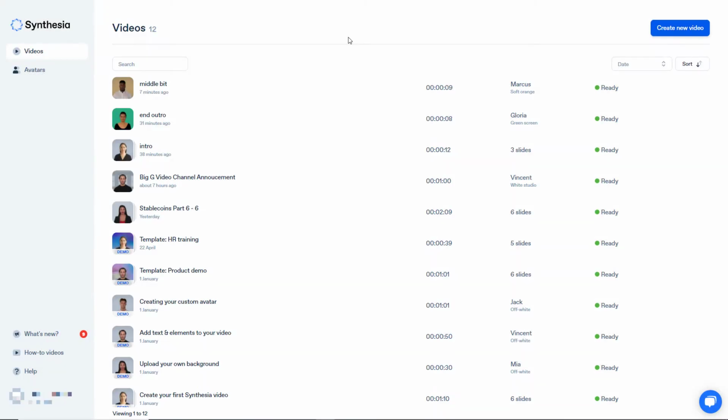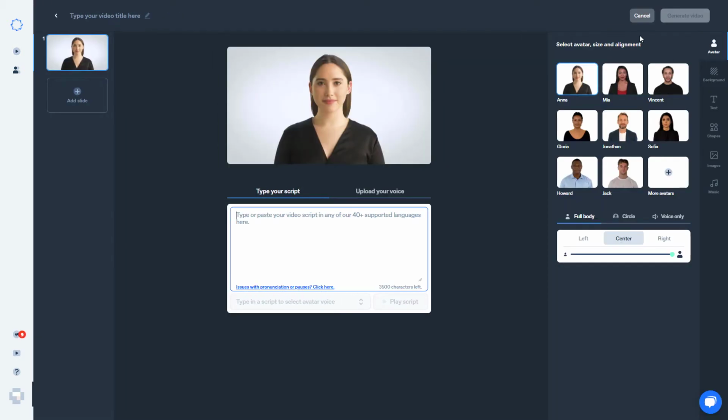And I really like software where you've got text to video or article to video. I find them really useful when you want to get something out with a highly polished look, and this one looks really good. So what we're going to do first is create a video. You can see I've made a few videos, some of which may already have been shown in this video review, but let's go here to create video.